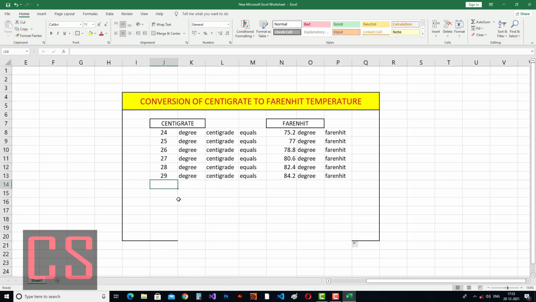Now see the magic. Suppose I want to see 30 degrees centigrade. I write 30, enter.